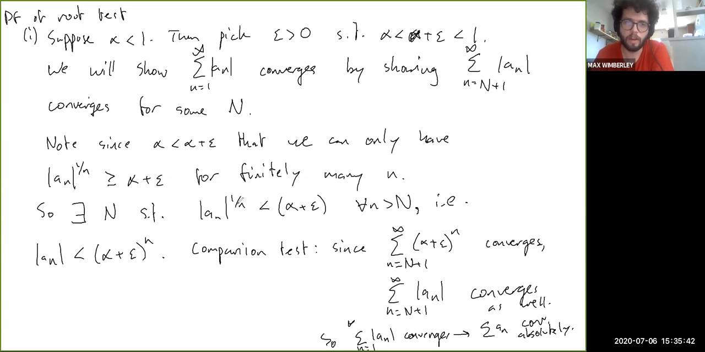Really not too bad. And see, we really are using the intuition here that the root test is one way of using geometric series as a frame of reference to analyze a possibly more complicated series, basically. Okay, so now for part 2,